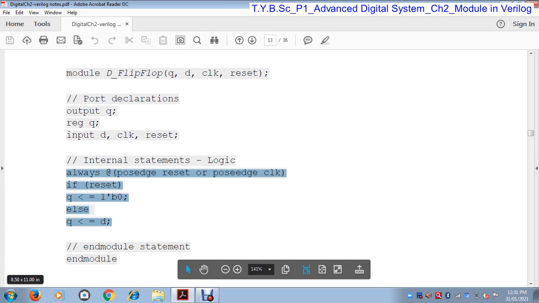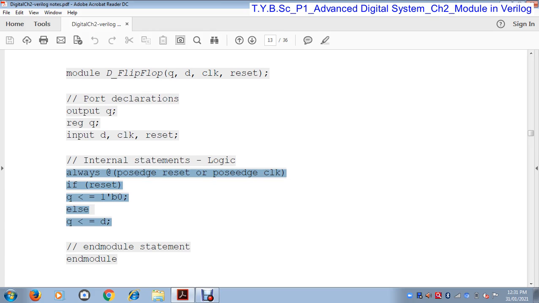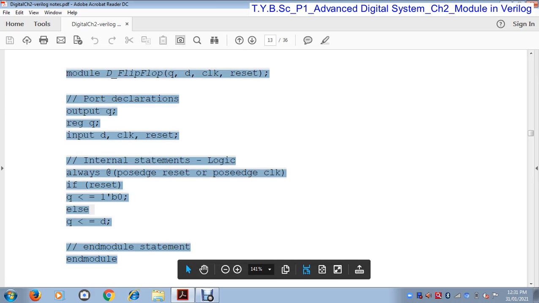Okay, so a module is nothing but a group of elements. In this module body we define different types of variables or different types of elements. Here we use output port, input port. Here we use the if else block. Here we use operators. These are the number specifications that we saw in the basic concepts. So a module is nothing but a group of elements. Once the module body is ready, this functional body can be used at any place within the program.